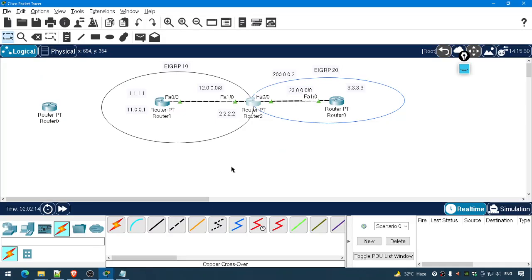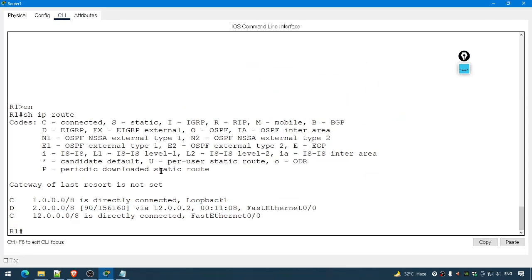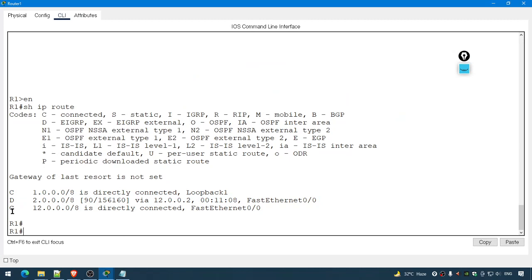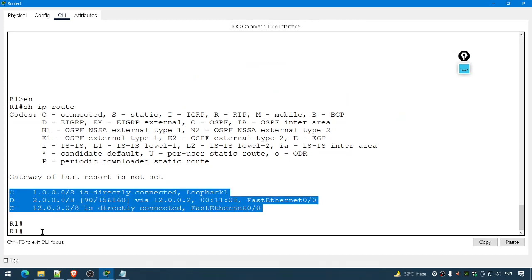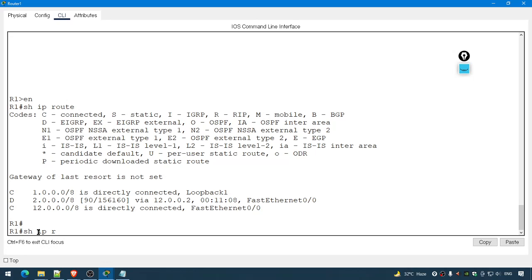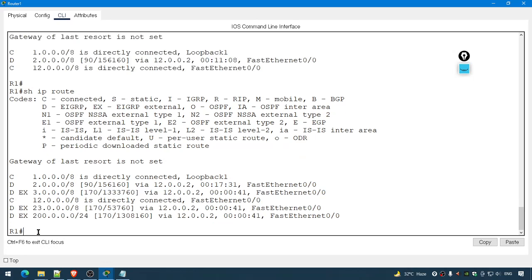You can see in our scenario, this is EIGRP 10. We already shared EIGRP 20 into EIGRP 10 using redistribute. So let's take router 1. Before the redistribution, we only had these 3 entries. But right now, if I do show IP route, you can see you got all 3 entries of EIGRP 20